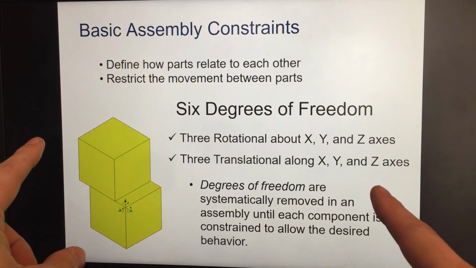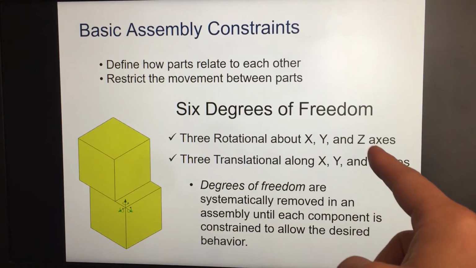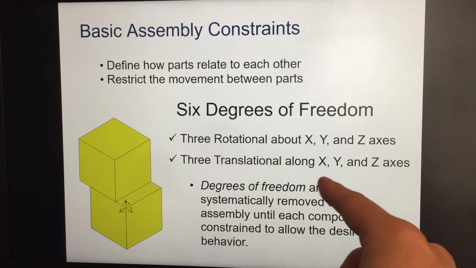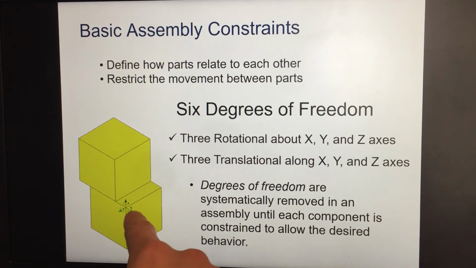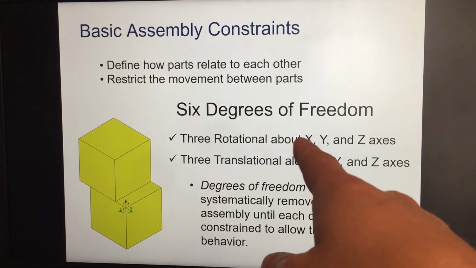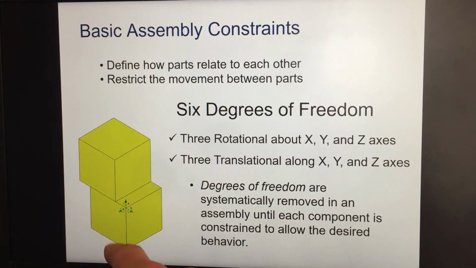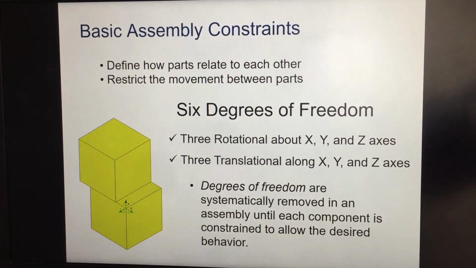So the first thing is that every item we create has 6 degrees of freedom. 3 of those are rotational. If you look down here at this little axis, each of these arrows, you have one in the X direction, one in the Y, and one in the Z. And then if you look at each of those, there is a circular arrow that wraps around the axis for the X, Y, and Z. So you have 3 rotationals, those are about the X, Y, and Z, and there are 3 translationals along the X, Y, and Z. So there are 6 directions that you can possibly move